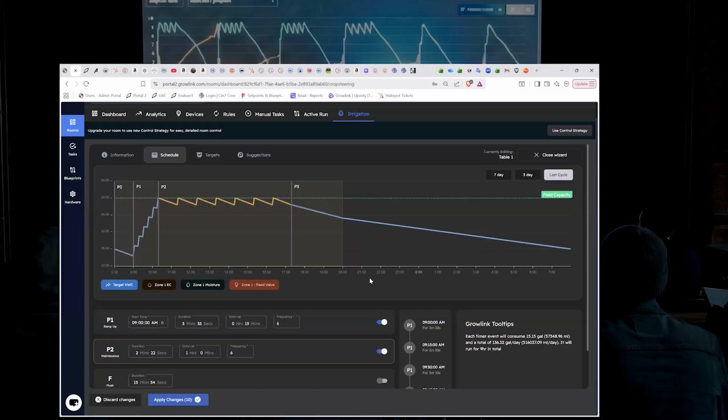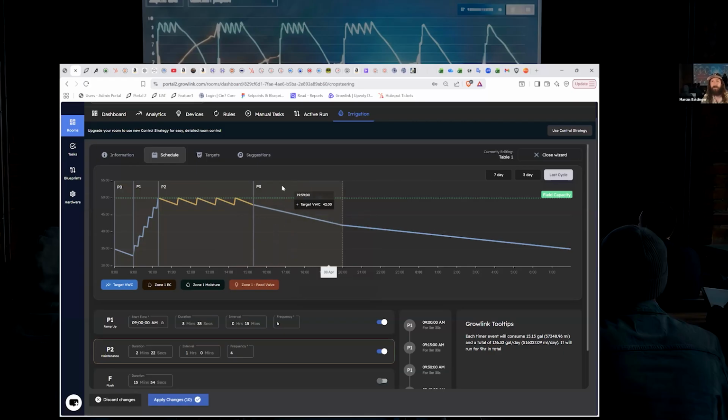This next question is in German, so I just translated it. What happens if you don't reach 10% during the night phase? In bulk of flower, weeks 4 through 6, if you do not reach 10% during the night phase, you're going to want to remove some of the P2s from the day phase. Just like I just did here, let's say I have 6 P2s here and I'm not drinking 10% in this time, I'm going to knock that down to 4 P2s, which it should do here in just a sec. And now I have just given myself more time during the lights on to increase that dry back